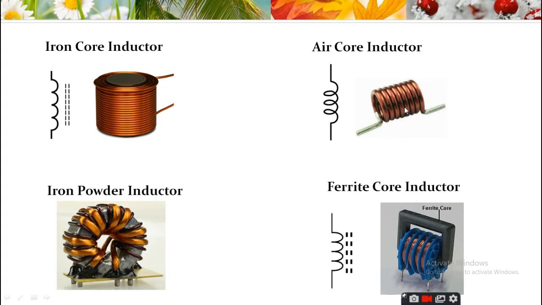Ceramic core inductors are referred to as air core inductors. Ceramic is the most commonly used material for inductor cores. Ceramic has a very low thermal coefficient of expansion and it has no magnetic properties. There is no increase in the permeability value due to the core material. The main advantages of these inductors are very low core losses and high quality factors. These are mainly used in high frequency applications where low inductance values are required.